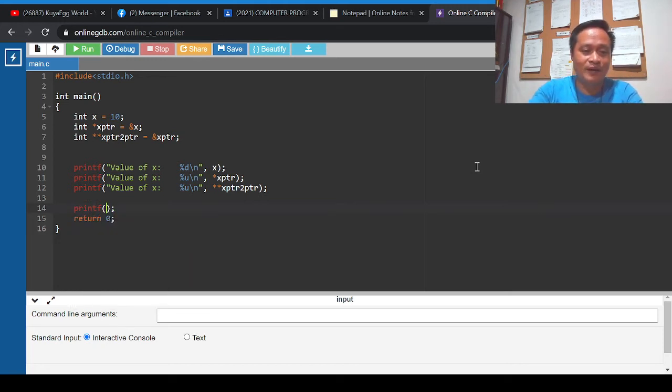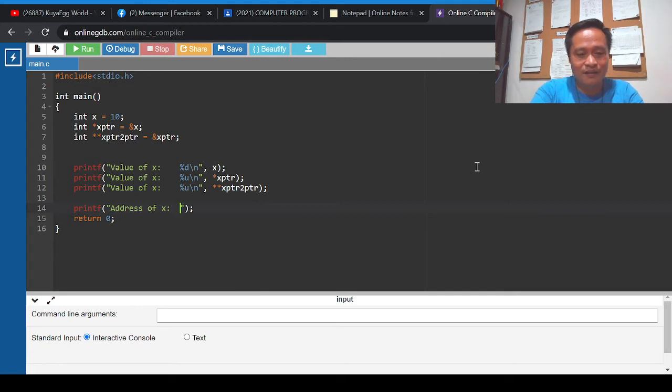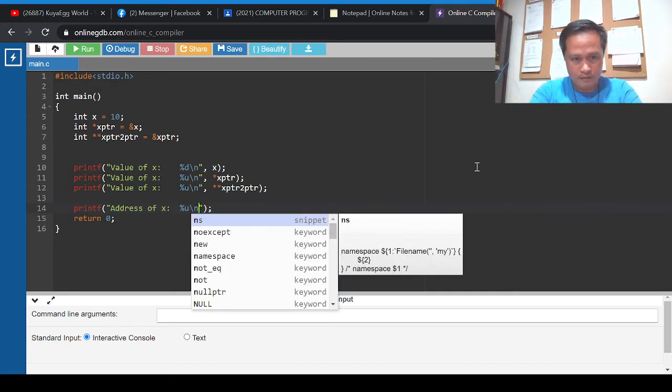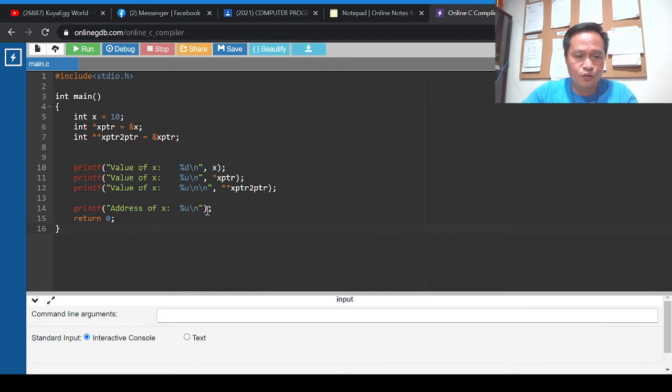Very simple. Address of x, and then I'll be using unsigned again. I'd love to use double backslash in here to have an extra line, and then to display the address of x,